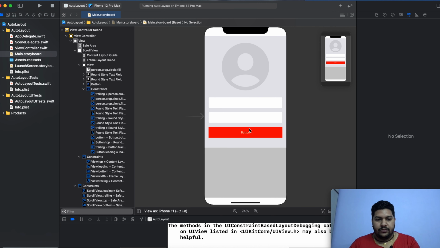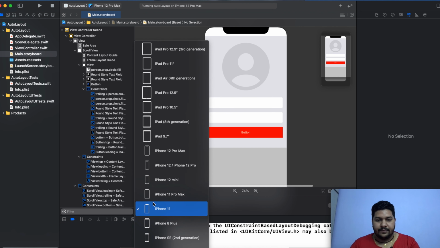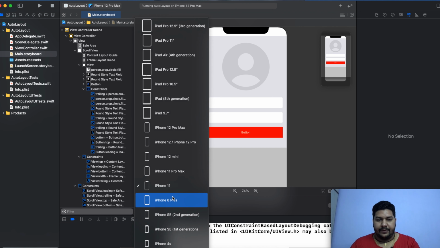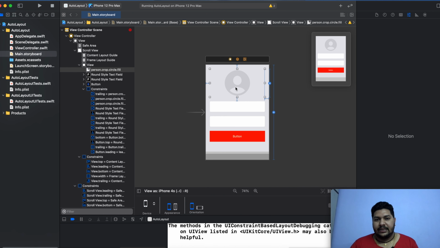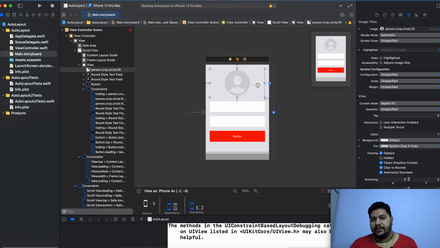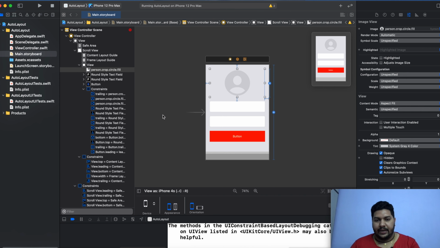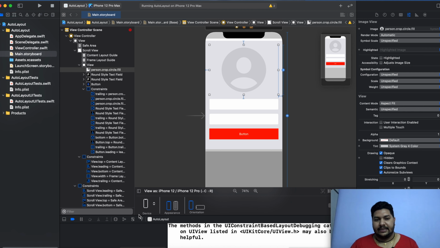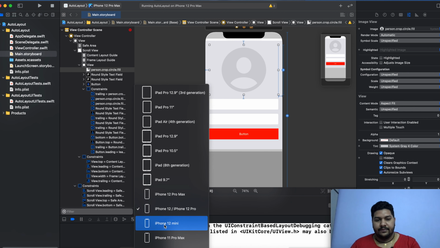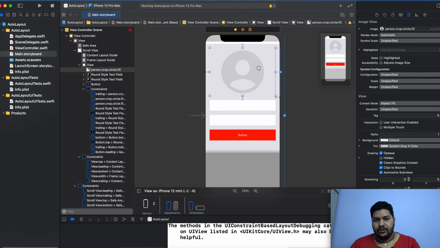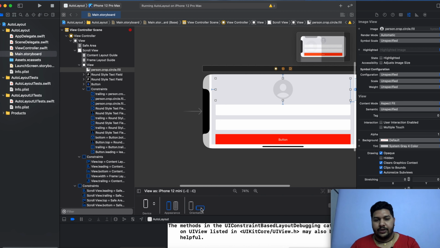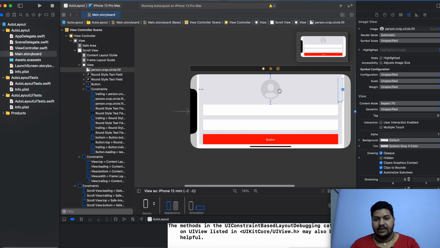So I'm going to show you over here with all the devices we have. This is iPhone 11. Now I'm going to show 4S. 4S is the lowest version. So here you can see it's coming perfect and it's taking 2.3 height of the device. Now secondly, here you can see iPhone 12, so it's increasing. Now iPhone 12 mini, so it's decreasing, and you will see in portrait mode also it's decreasing on the basis of height. So it's not static, it's dynamic.